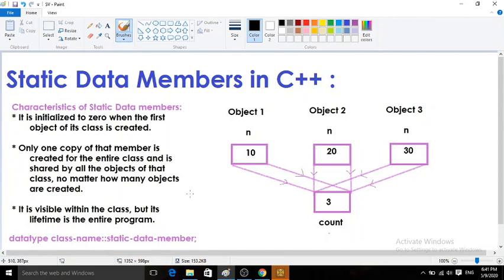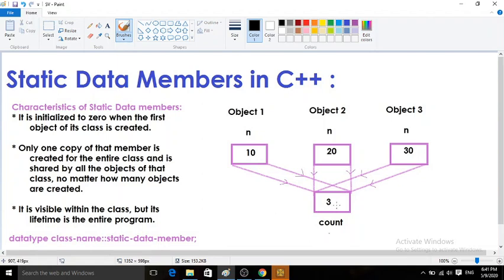it is not like a usual data member. A usual data member will have different values in different objects, but a static data member, a static variable, will have the same value even though you are using it from different objects, because only one copy of the static variable is available.